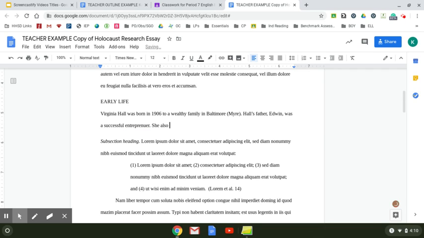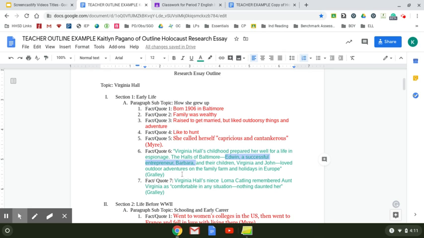She also lived with her mother, Barbara, and brother, John. And this is from my second source, which I know is Graley's the author.